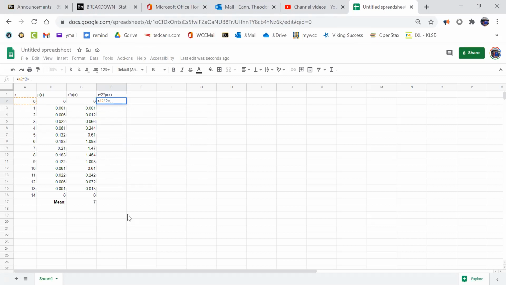multiplied by B2. And it still ought to be 0. You know, like you can type it in wrong and still get a 0. So that's dangerous, but it isn't until you drag it on down the line that you realize, oh, okay, I think I might have done it right. You get this array of values here. And so what we want is the sum of all of these,